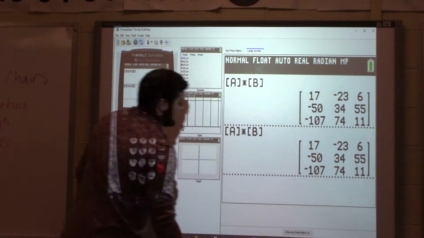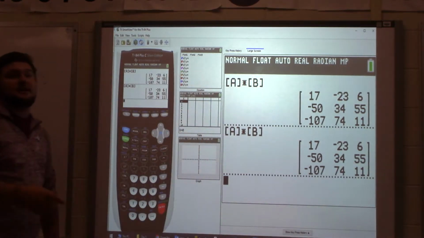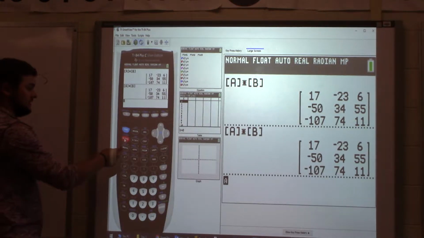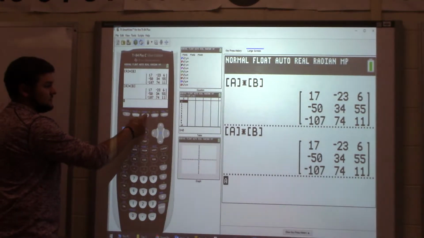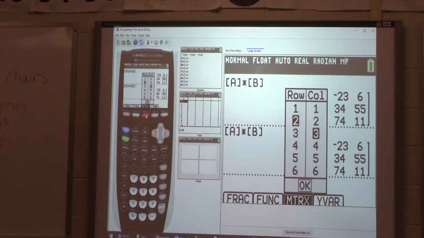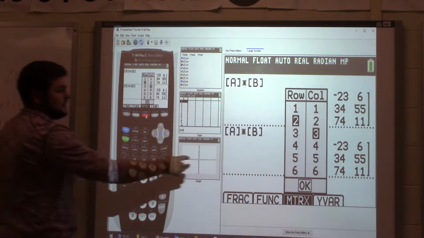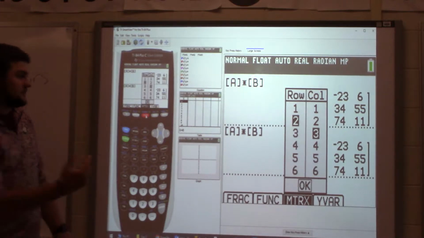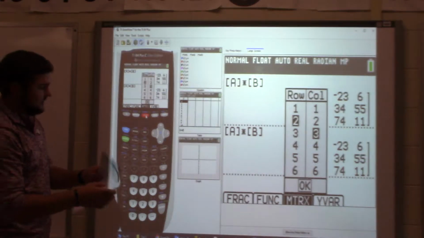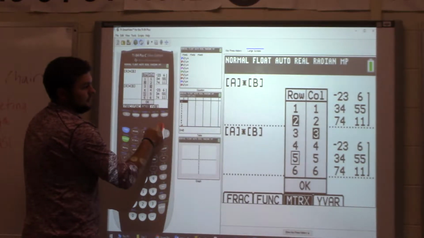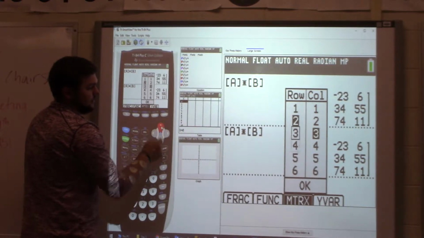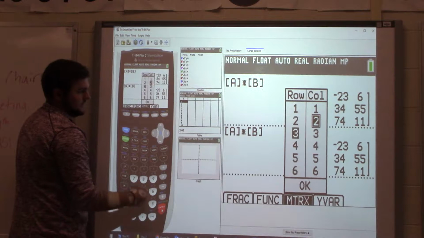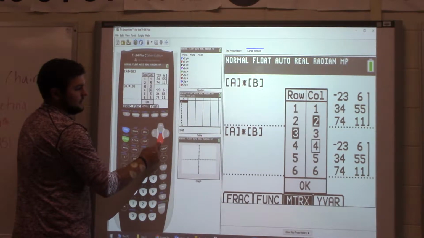So what's going to happen, instead of going into the matrix and second x to the negative 1, taking all that time, what you can do is hit alpha, which is right below second, and hit zoom, the middle button. It pops up a little thing here where you can pick the dimensions for a matrix. So we said our first one was a 3 by 2. So I'm going to go up in my rows. I want 3 rows, hit enter. Go to my columns. I want 2 columns, hit enter. And when I click OK,